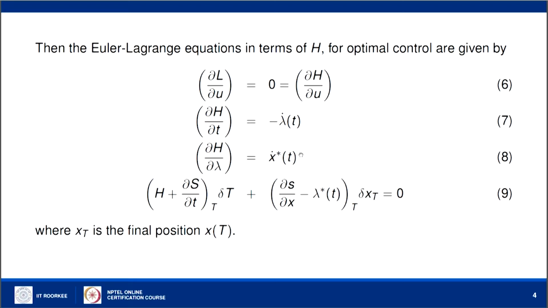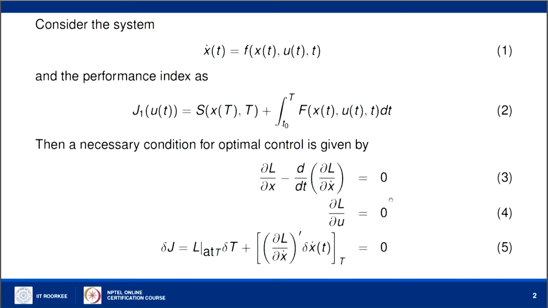So, already these three expressions, along with the boundary condition, H plus del S by del t evaluated at capital T into the variation of capital T, plus del S by del x minus lambda evaluated at capital T into the variation of the final position x suffix T. So, this we have not proved in the last lecture. We have to prove that the boundary condition given by 5 in terms of capital L, if we convert it